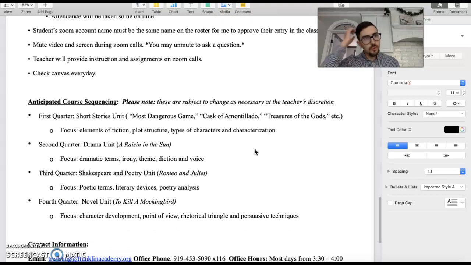So for first quarter, we're looking at mainly short stories. Second quarter is drama. We're going to be reading A Raisin in the Sun. Third quarter is Shakespeare and poetry, Romeo and Juliet. Fourth quarter is To Kill a Mockingbird. This first quarter is a lot of fun. It's a lot of short stories. So you have The Most Dangerous Game, The Cask of Amontillado. There's a few more. There's The Two Brothers by Tolstoy, and then there is The Lion in Love, which is